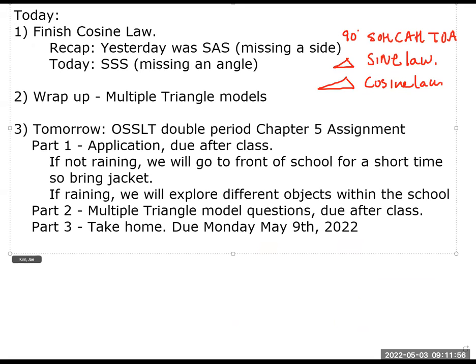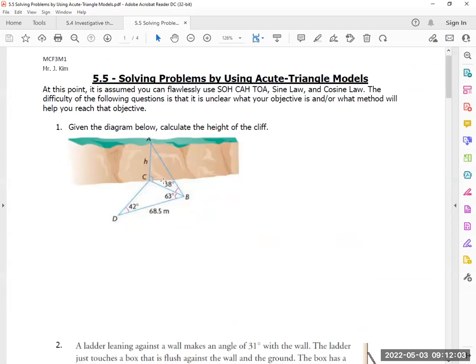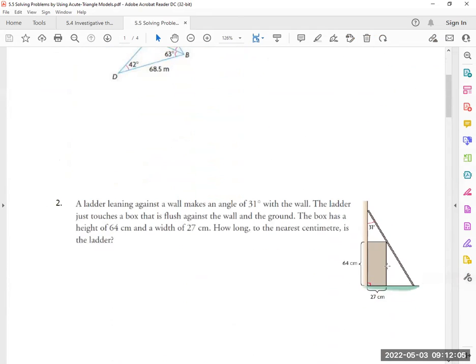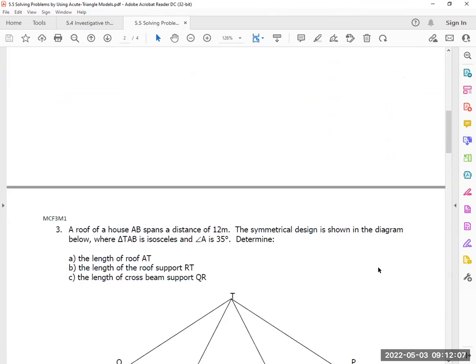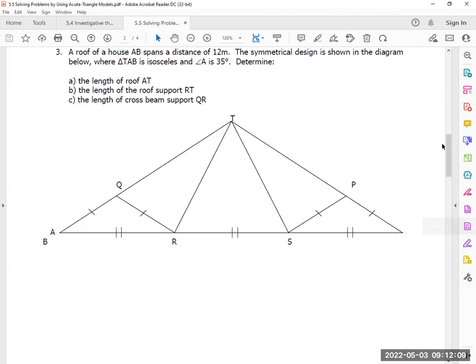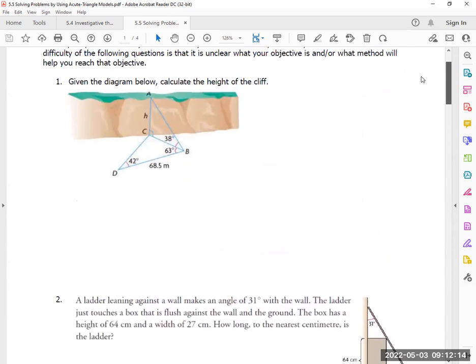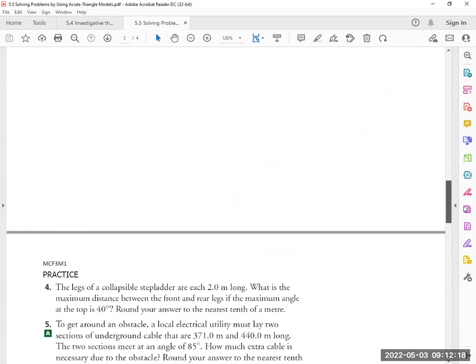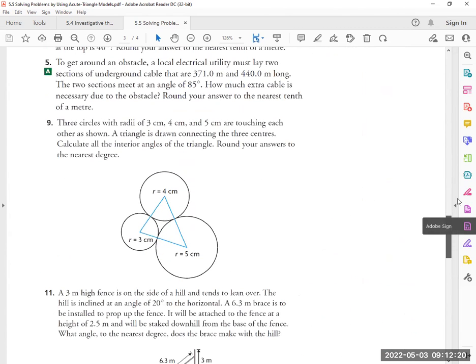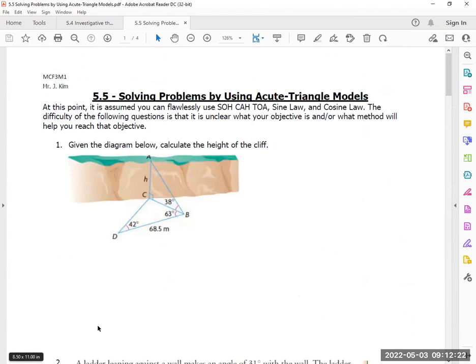Once we learn all the different ways we work with SOHCAHTOA, sine law, and cosine law, I am going to give you questions where two triangles are connected to each other. Of course, yes, they are in the form of word questions, and I'm going to challenge you, and I'm going to do these examples with you before the end of class, and essentially expect you to do as much practice as possible so that tomorrow, when we have our double period with OSSLT, we will be able to do our